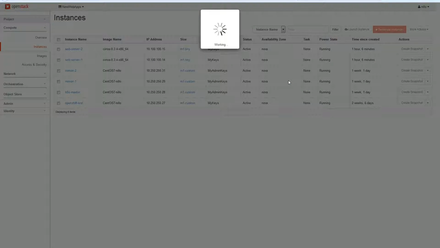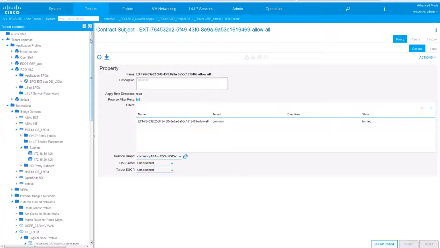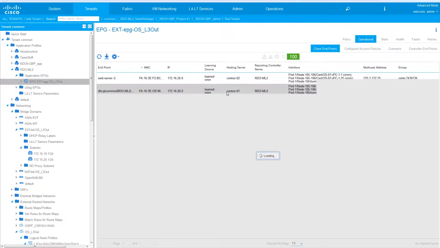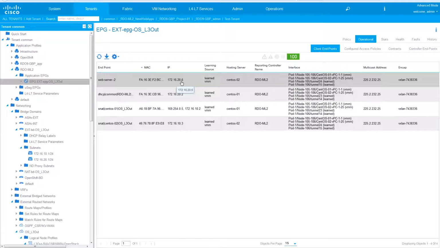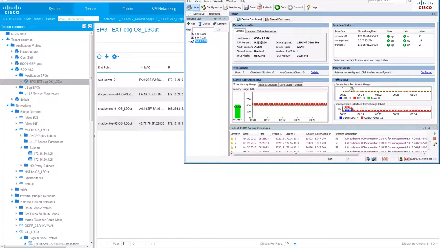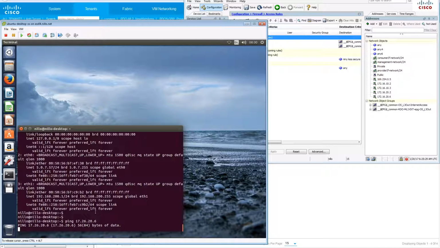But as I associate that IP address, again using standard Neutron configurations, the following will happen. That IP address will be learned now by APIC. APIC now knows that our web server 2 is also running with 172.16.20.6. APIC will now notify our firewall. And the firewall now has added the 172.16.20.6 because APIC informed that this is a valid IP address. And as a consequence, our ping will be successful